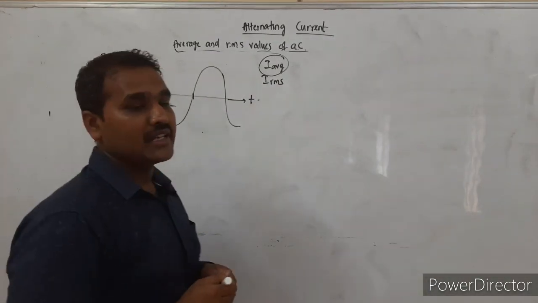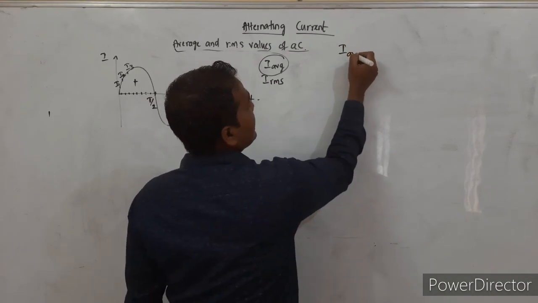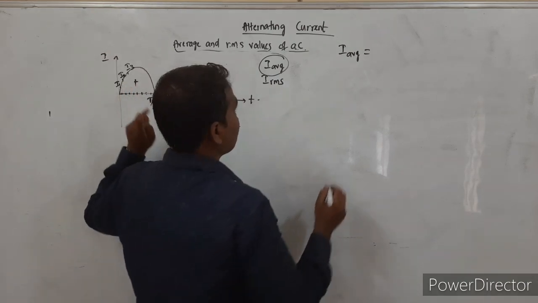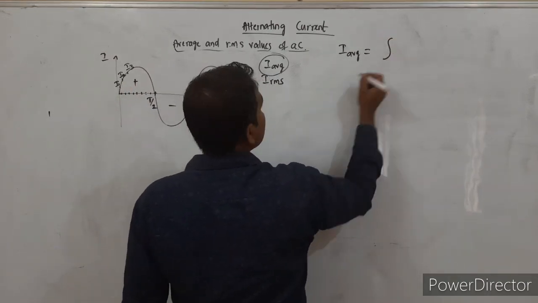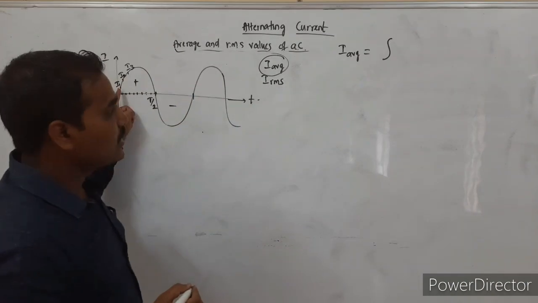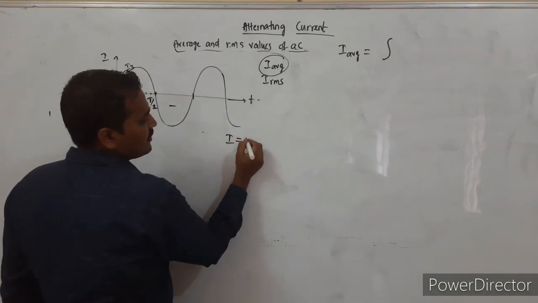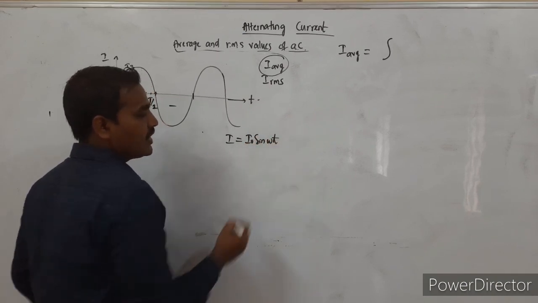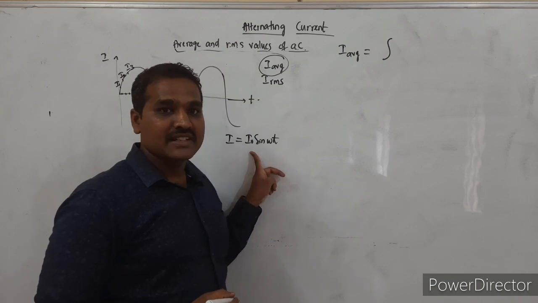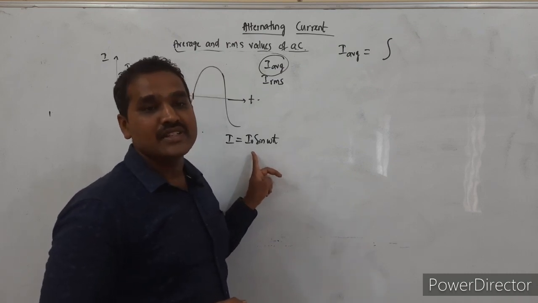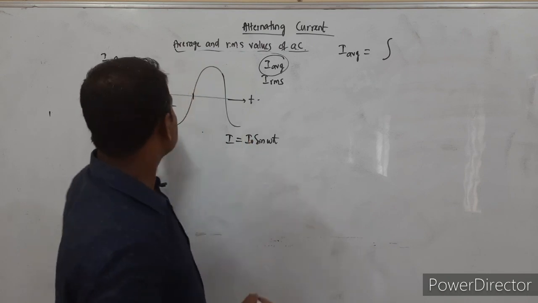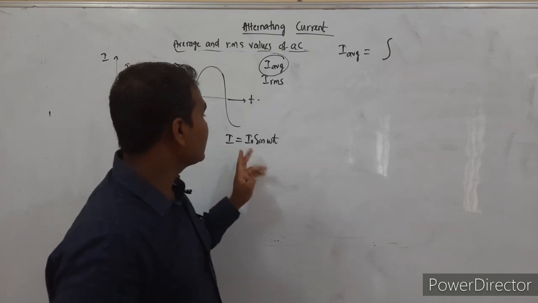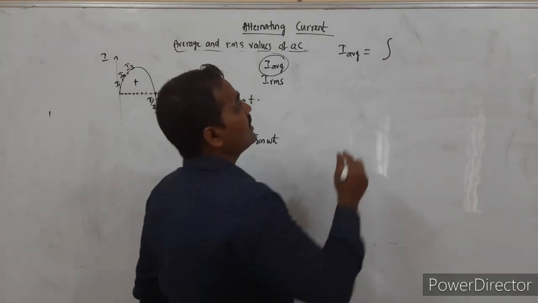Then mathematically we define it as I average is equal to the sum of all these instantaneous currents. To consider the sum of all the instantaneous currents, I will integrate. We know the basic definition of instantaneous current. Basic equation is equal to what? I is equal to I naught sin omega t. When we know the general equation of this instantaneous current, we can integrate this equation between the limits. Limits are what? Time t is equal to 0 and time t is equal to T by 2. If I integrate this equation, I will get the total instantaneous current.